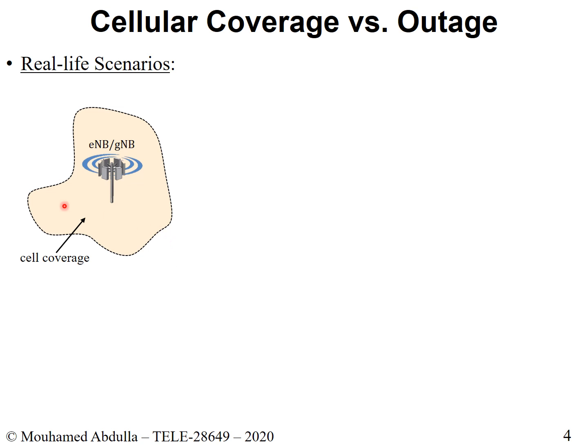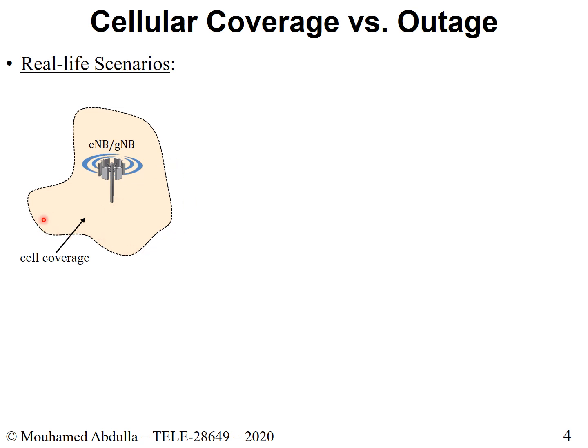Now, certainly, if you are closer to the base station, you will have better coverage and a better signal. If you are farther away from the base station, you'll have a worse signal. Don't forget that the quality of your signal depends on how far you are from the transmitting node. In a downlink, this one here transmits, and you as a mobile device are receiving. If you're here, at this red point that you see with the laser pointer, your path loss will be smaller as opposed to here. If you're here on the edge of your cell, your path loss will be larger.